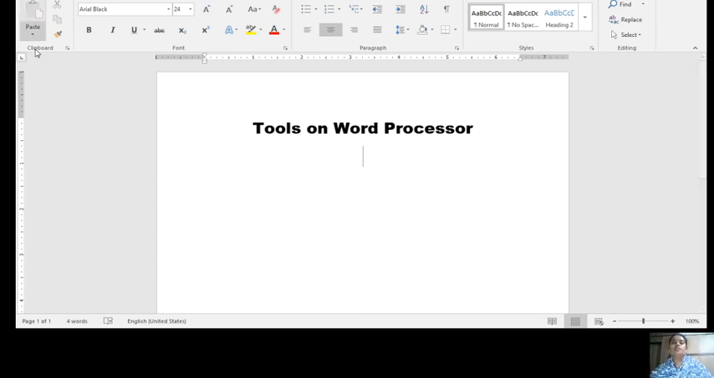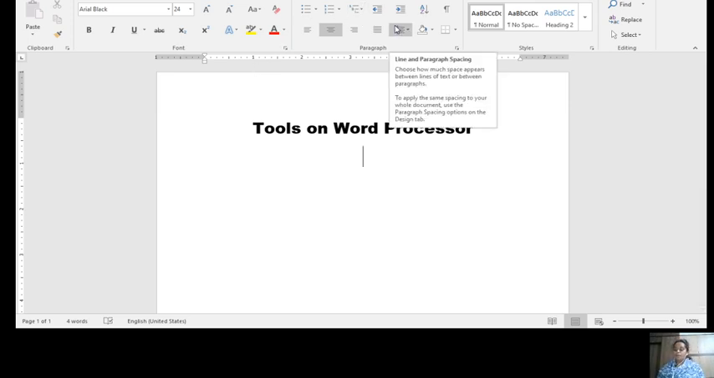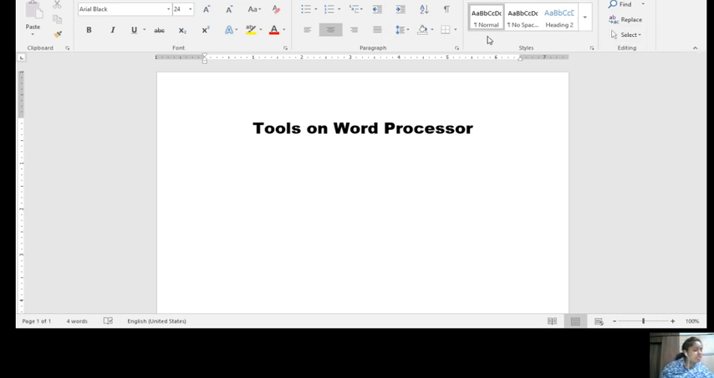Now you have learned the quick access toolbar, then the title bar, then the window control buttons, then the ribbon and tabs. Next one is your group. What is a group? See, can you see this? Arial Black,